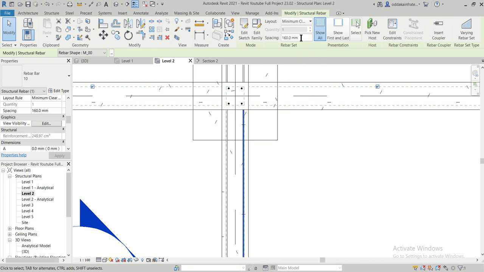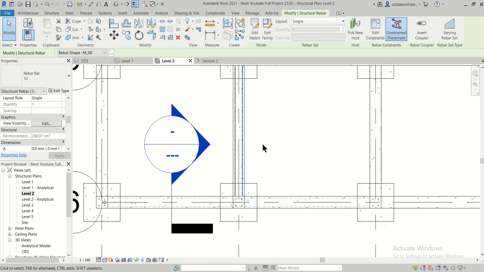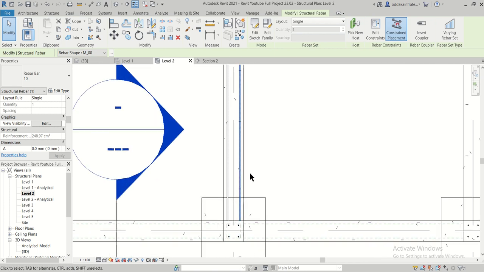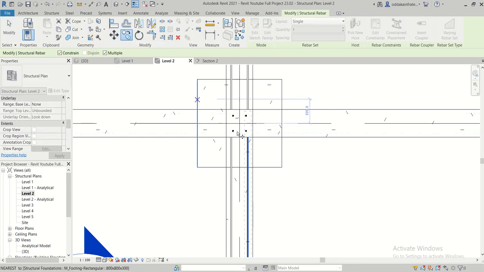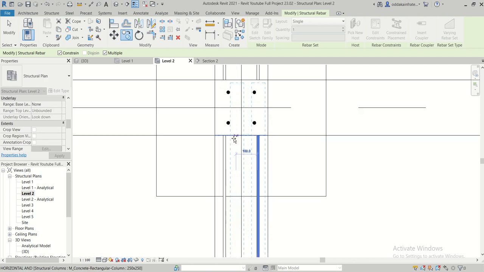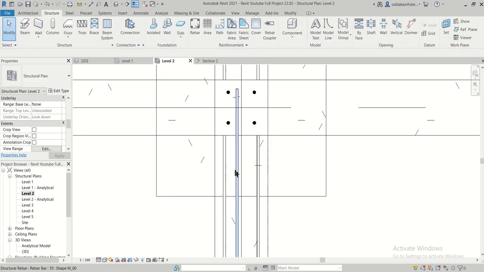Let's give the minimum clear spacing as, or else we can just go with the single one, and after changing it to the single one, we can simply place the 2 rebars. Let's say copy this from here to, since there are 2 rebars from here to here, so we have these 2 rebars here, and